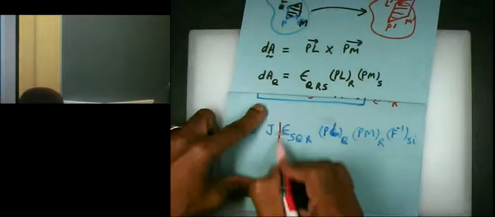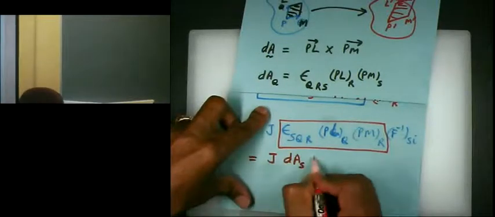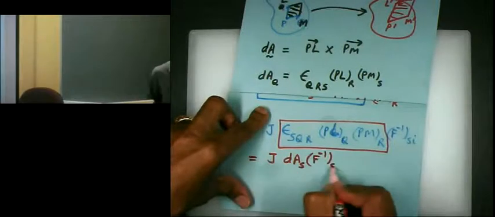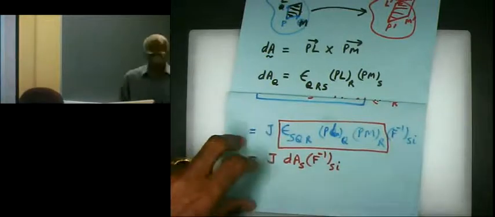So what is this quantity equal to? The answer is on the sheet. Ganesh? So this is DA S F inverse S. So Q is summed, R is summed, free index is S. So it's S component of DA,